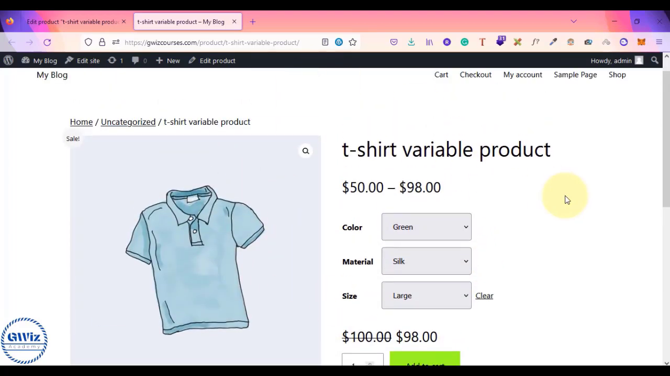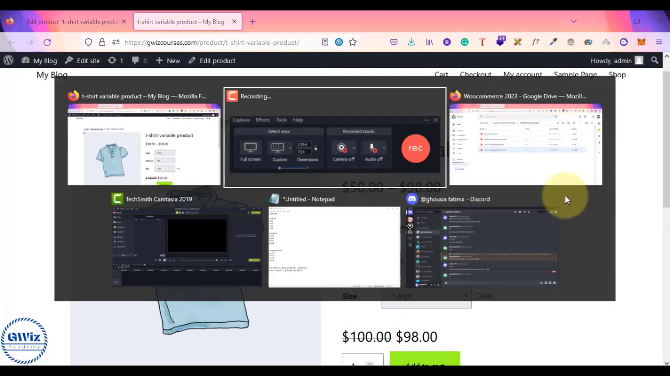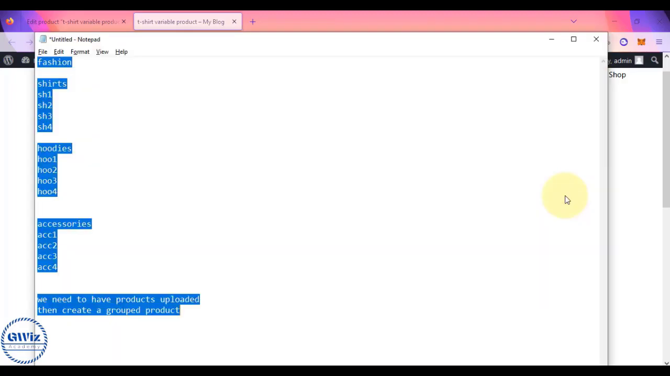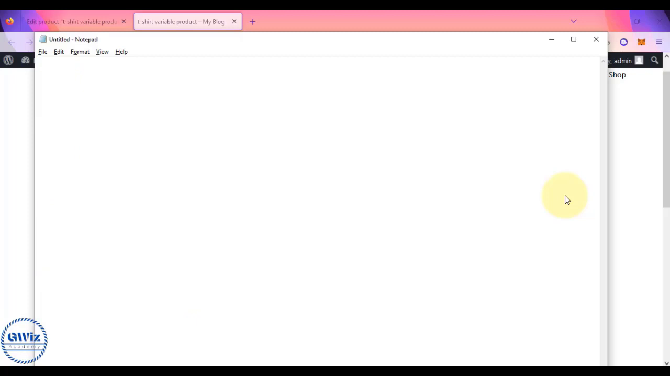I hope this is a slightly complex concept to understand in the first place, but this will separate you from other developers, and you should be really proud of yourself if you have clearly understood it. So to create a variable product, you need to have attributes. So here in this video I have shown you how to add